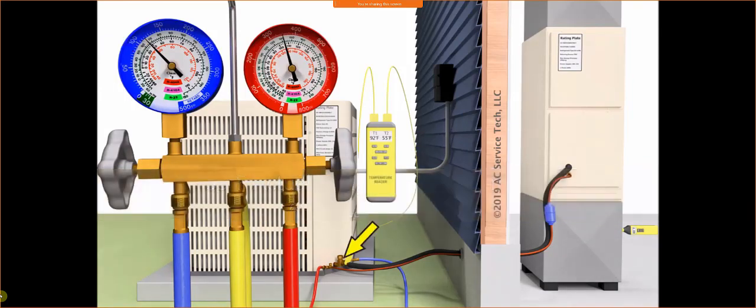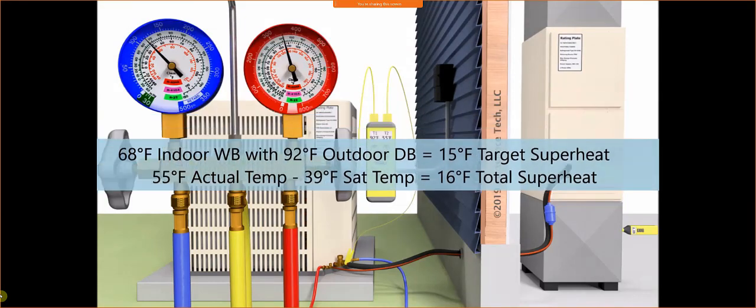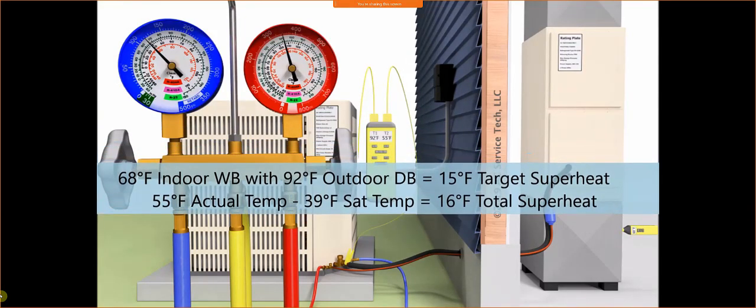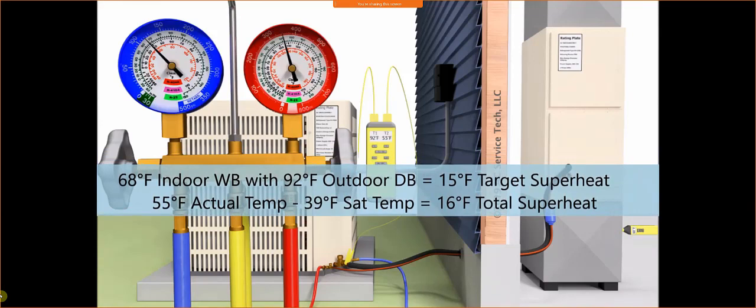Total superheat is measured at the outdoor condensing unit, whereas a superheat measurement will be taken right on the vapor line right after the evaporator coil. But since there are no ports there, we check the total superheat at the outdoor condensing unit. So we take that 16 degrees of total superheat and we compare that to the 15 degrees of target superheat